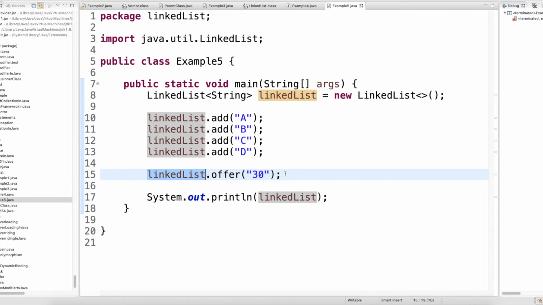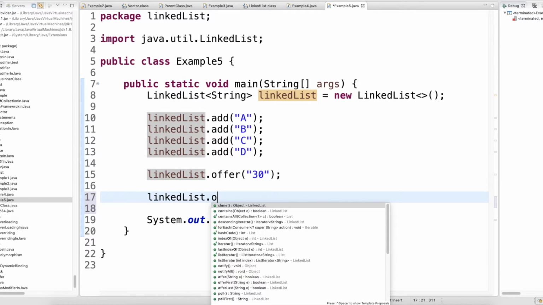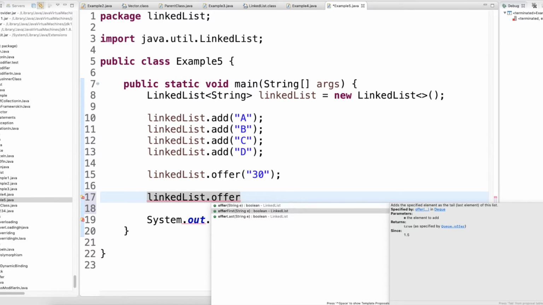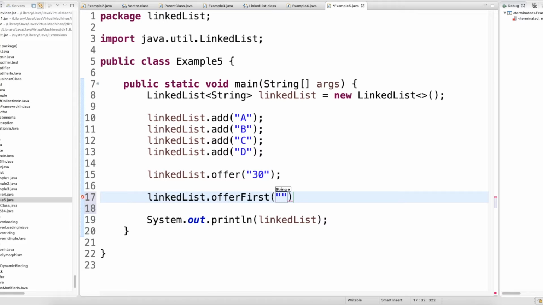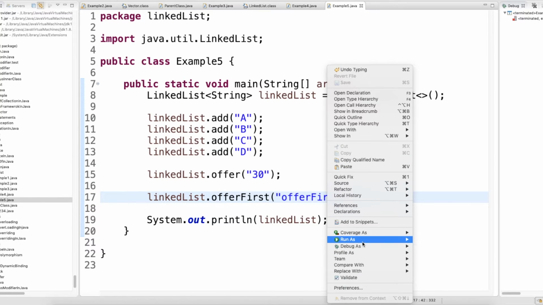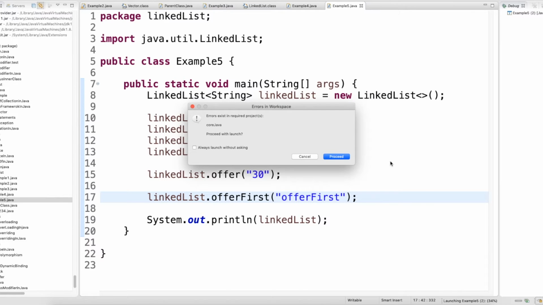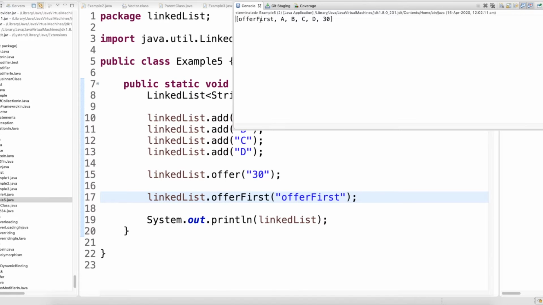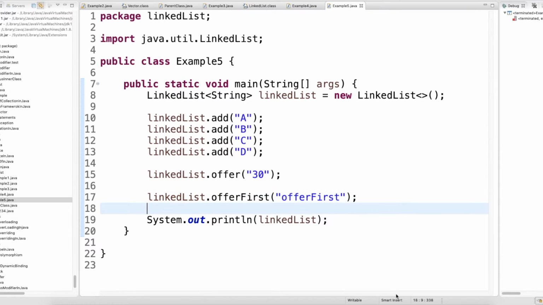You can write dot offer first, and here you can write first, or you can just write the same string so that we can understand very well. This will add at the first of the list.